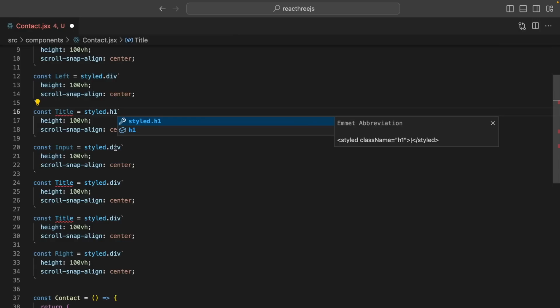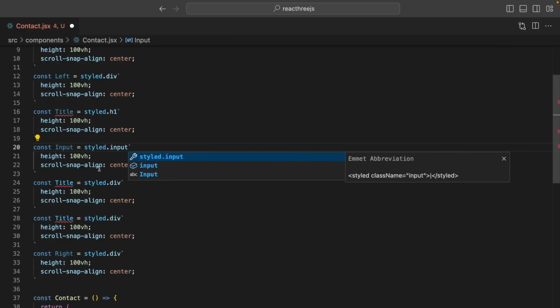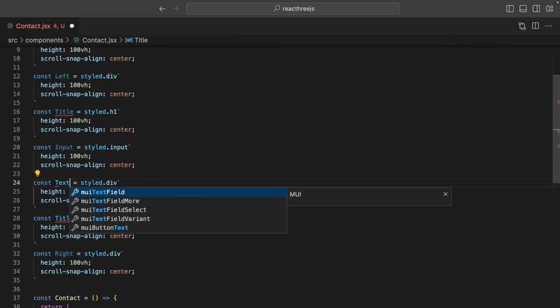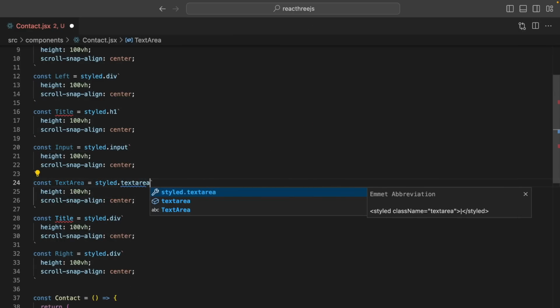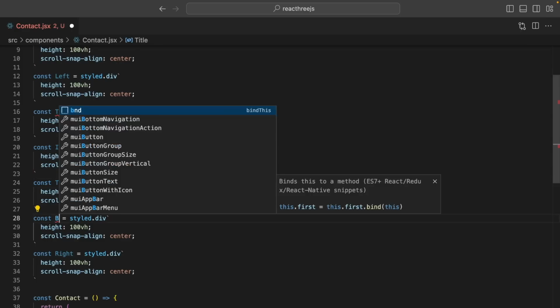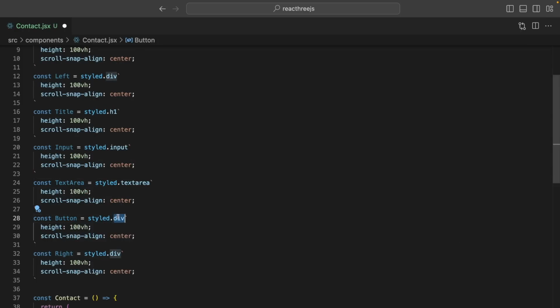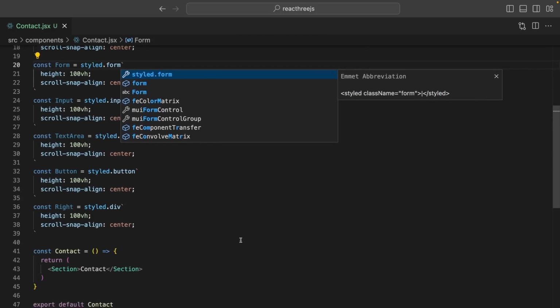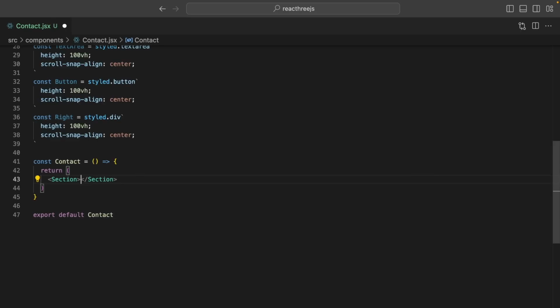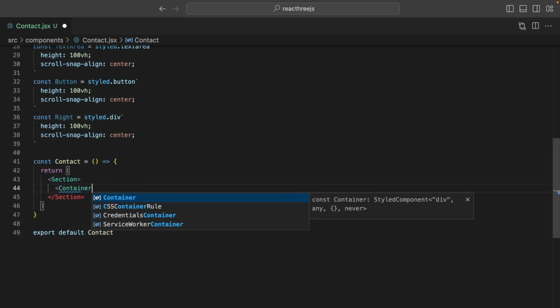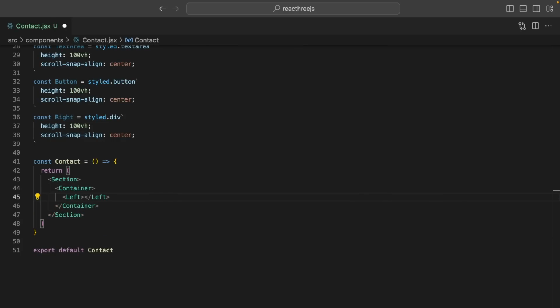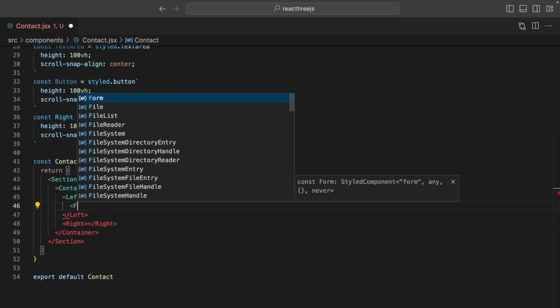H1 tag, input, text area, and a button. And of course, after this title, we are going to have our form. And that's all, I think. Let's create them here. I'll say container, left, right. And here we have our form,